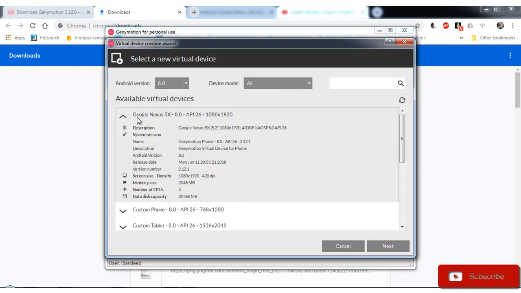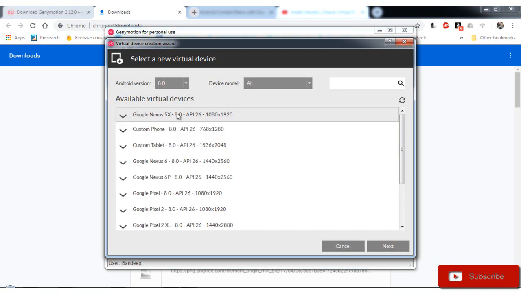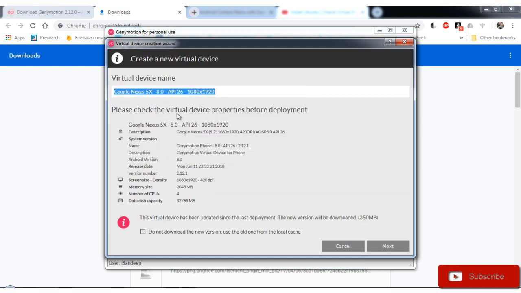I'm not going too deep into deciding which device I should take. I just randomly picked a device. The first one is the Google Nexus 5X, and the description and system versions are here. It's basically giving you the basic configurations that the virtual device will have. The memory size is 2 GB, so I will go with that. The number of CPUs is also pretty good, it's 4. So I just click Next,